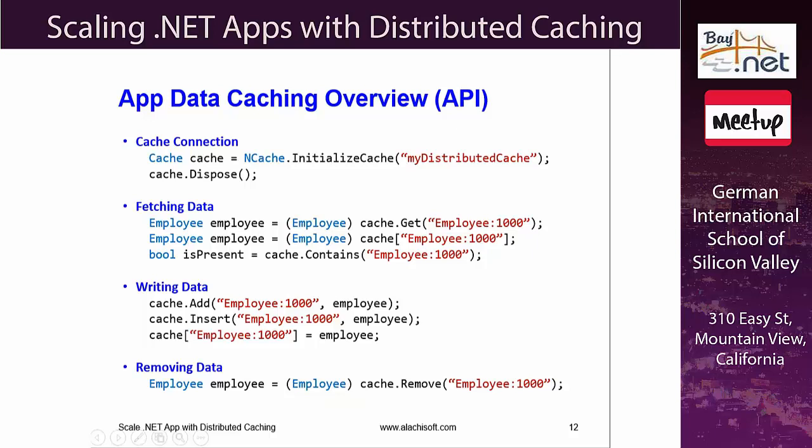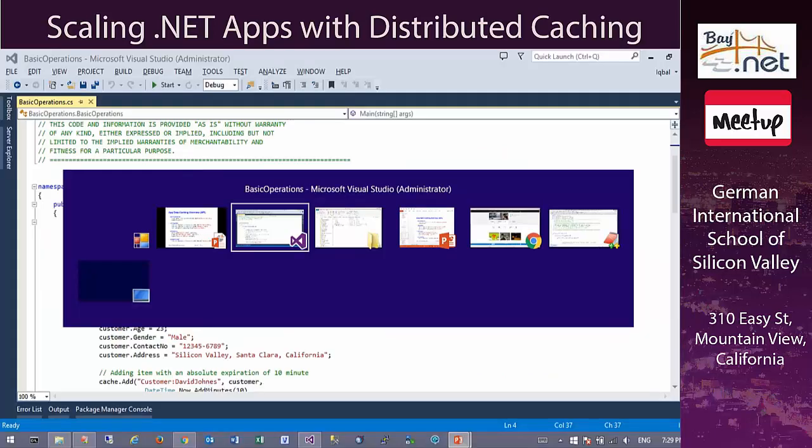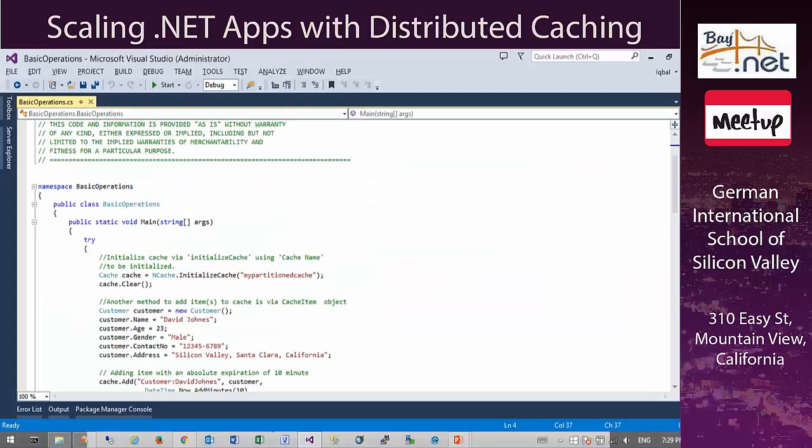A cache, just like a database, you connect to at the beginning of your application. You keep the connection handle, and you use that throughout your application. To do your operations, you can do get, contains, add, insert, remove, and a bunch of other operations. And at the end of the application, you disconnect from the cache. Other caches may have a different method name, but the idea is the same. You get a handle and you keep the handle, unlike HTTP, where every time you